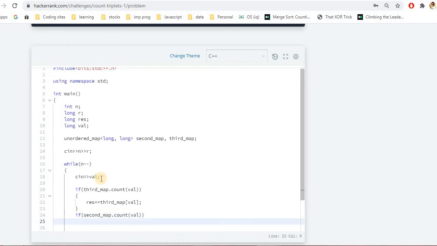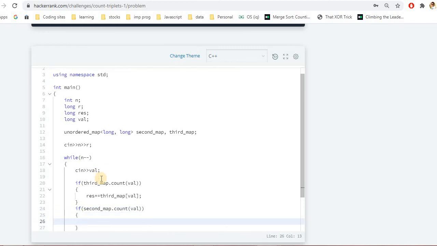If it is present, we initialize the value AR squared in the third map. We simply multiply the value by R and store it into the third map's value. So this will be val into the common ratio, initialized with the carried-forward frequency, so this will be the second map's val.